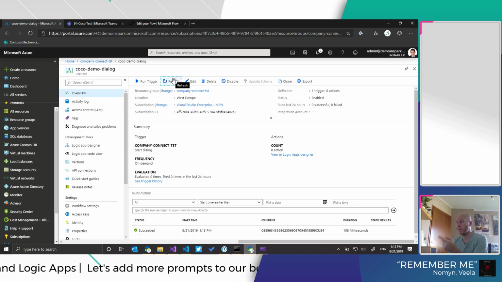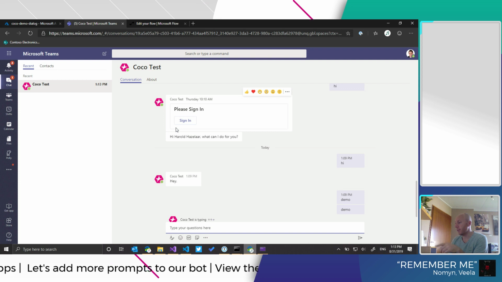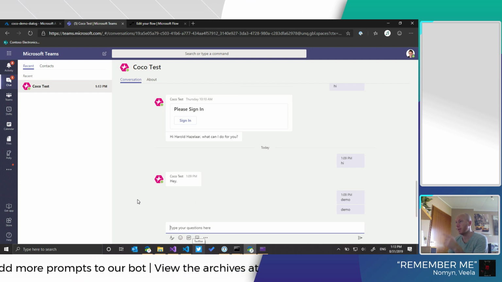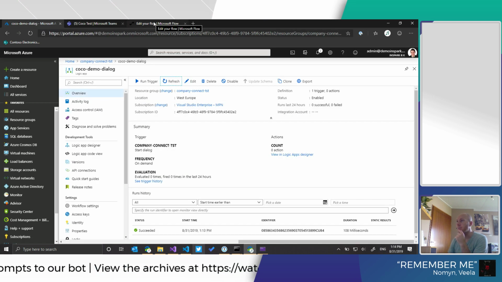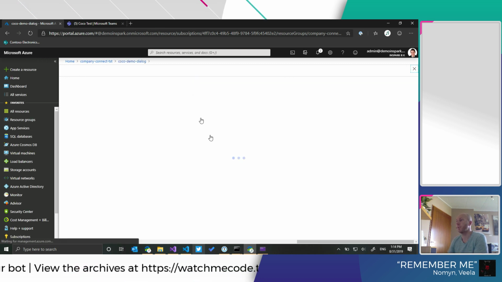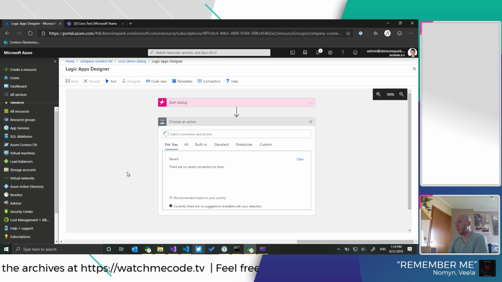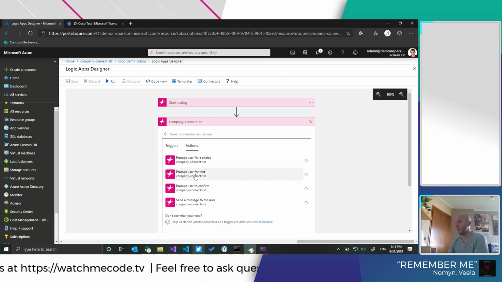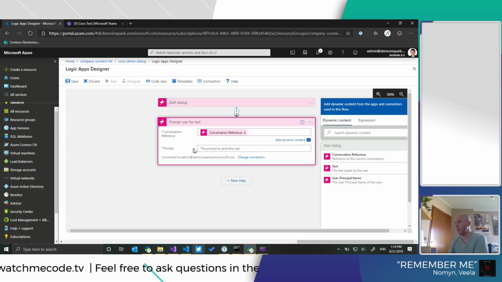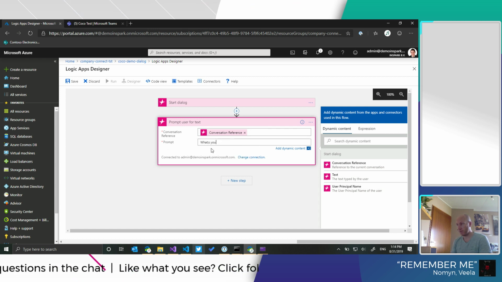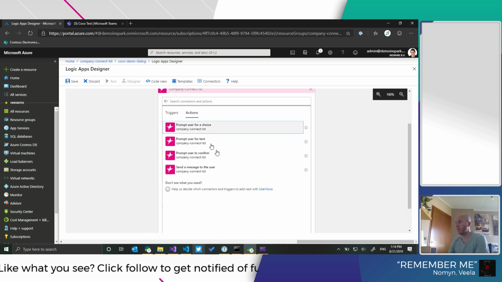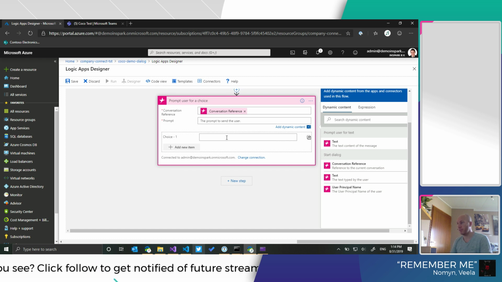Now let's try it again. It should start this one. It's not sending anything back, so it keeps telling me that it's typing and it will time out eventually. So let's build a simple flow using all the components that we have so far. For example, we can ask the user, so we need to input our conversation reference each time so that the action understands where to send the message to. And for example, what's your name? We can prompt for choice. So again, the conversation reference, what kind of pizza you like,